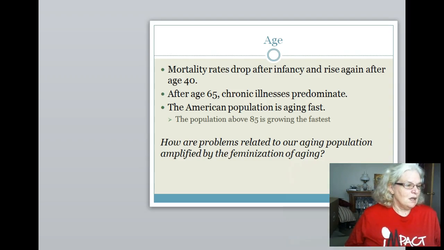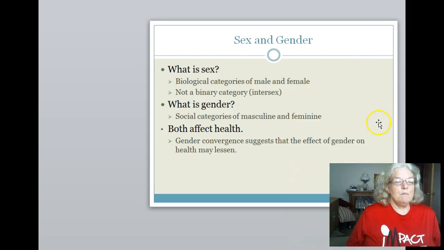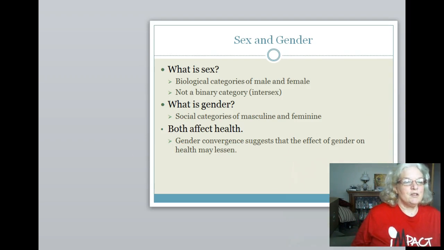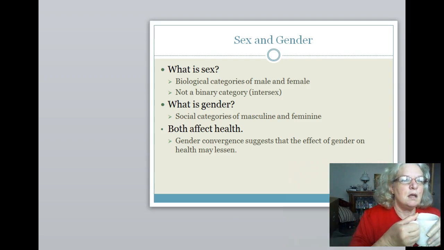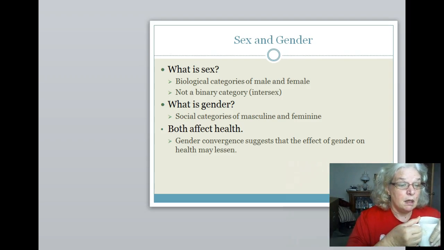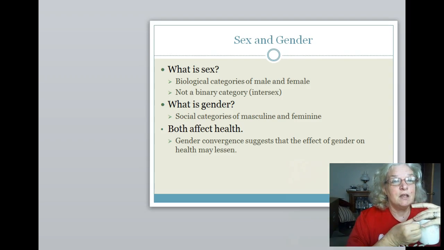There's your next question: does gender make a difference? Men are more likely to die at younger ages than women. In fact, men outnumber women up until about the mid-30s, when women start outnumbering men and continue to outnumber men for the rest of our lives. It's a significant piece. It's a biological category, but think too, here it is a social construct that we look at in the differences between masculine and feminine and who has access.